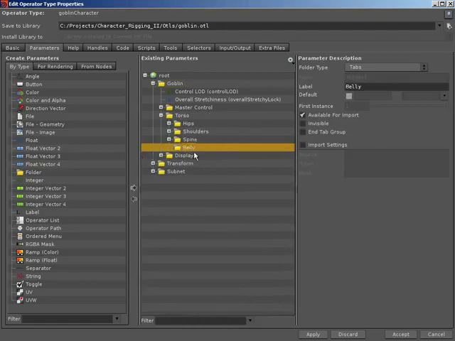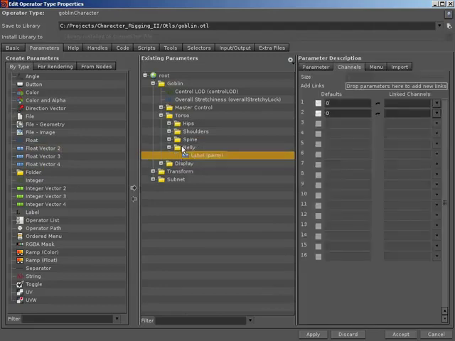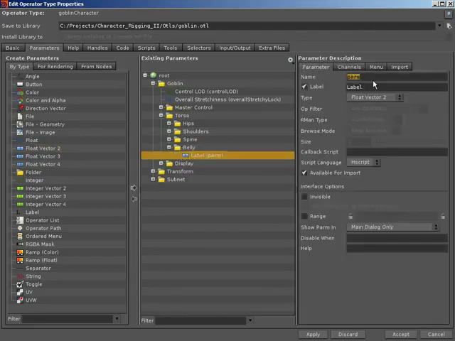Fantastic. And I'm going to basically want to have the translation parameters for that belly control, which if you recall, it can only move in 2 dimensions, not 3 dimensions. Now, instead of promoting up the parameters, which can cause issues because I only want to have a float with 2 values in as opposed to with 3, I'm actually going to create a new float vector 2 and then reference that parameter down inside our asset. So let's create a new float vector 2. With the name of belly T for belly translation, the label of translate, and then if I accept this and